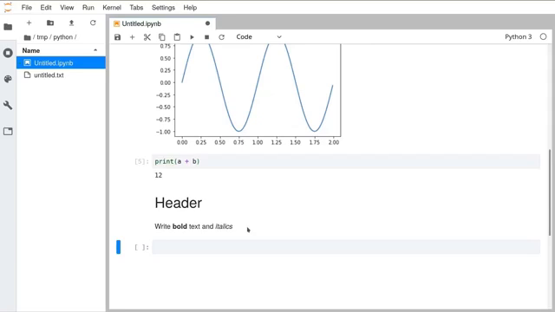And so what this allows you to do is to interlace with your code blocks of text which describe what your code is doing. And the real powerful thing about this is it gives you the ability to write a whole